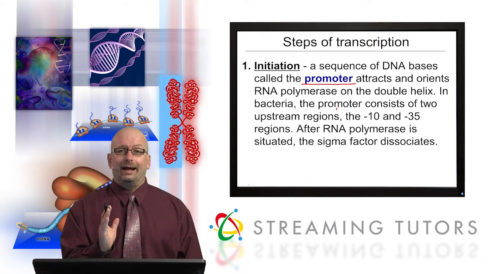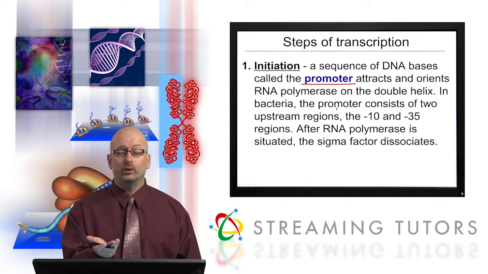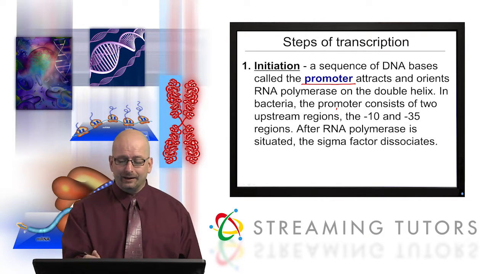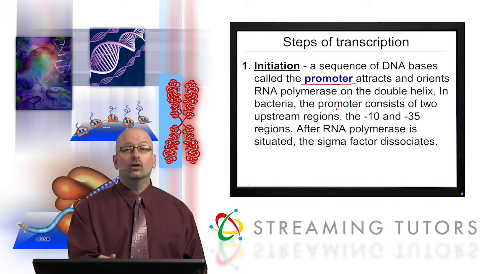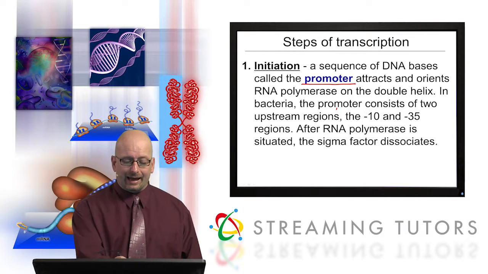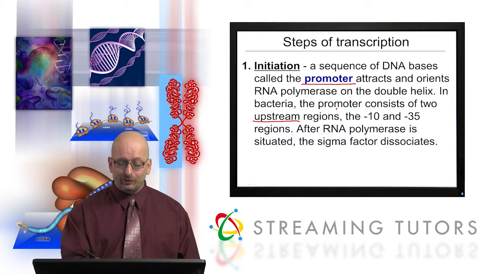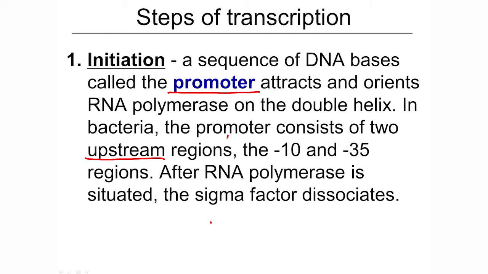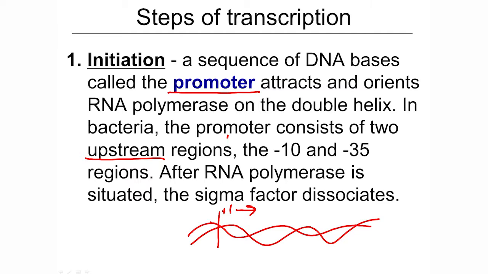Now, I don't know how much detail your course is going to go into about the promoter, so I'm going into an intermediate level of understanding. It is a DNA sequence, and there are 2 particular regions in bacteria that are important with respect to the promoter. I say that it's an upstream region, so let me show you what I mean by that. Let's again have a piece of DNA. Let's say that +1 of the gene starts there. You could put the polarities in here, but maybe we should. If this was the template strand,